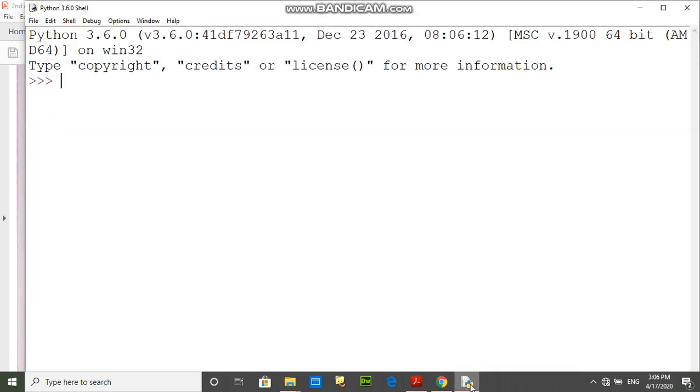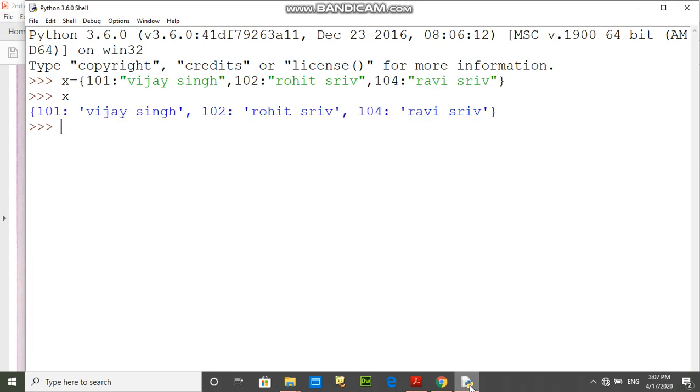For example, x equals to student, this is the dictionary, and you can find key values.